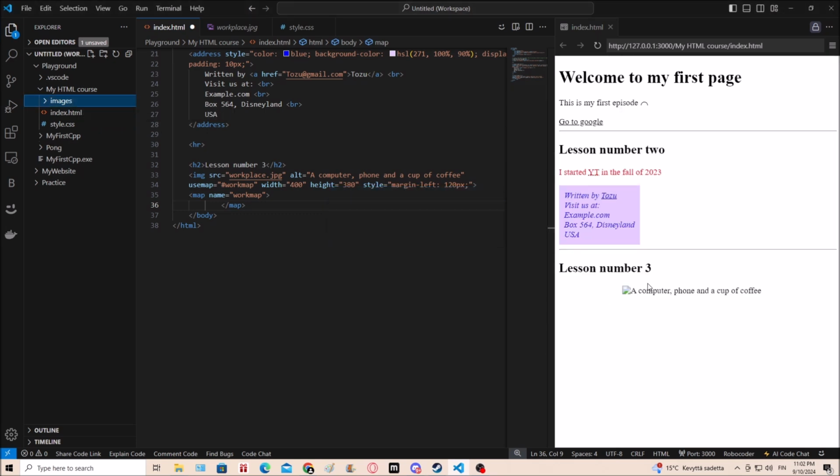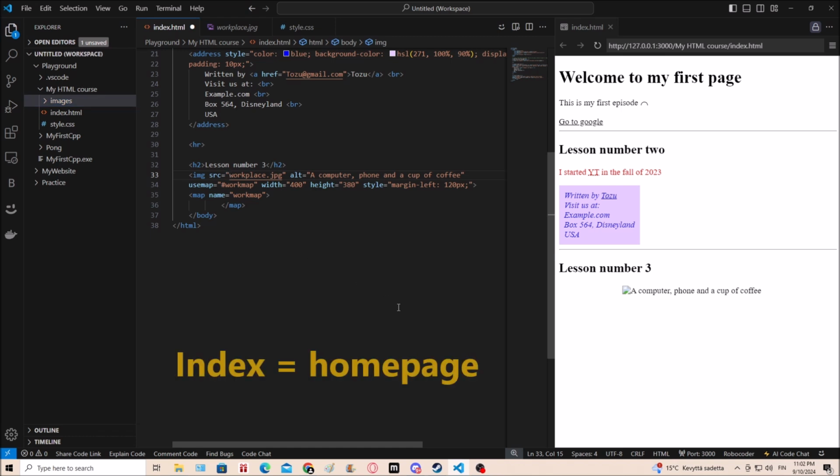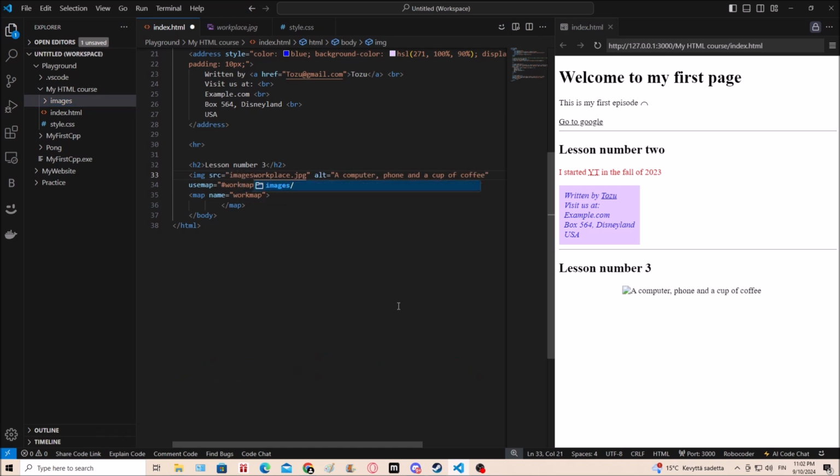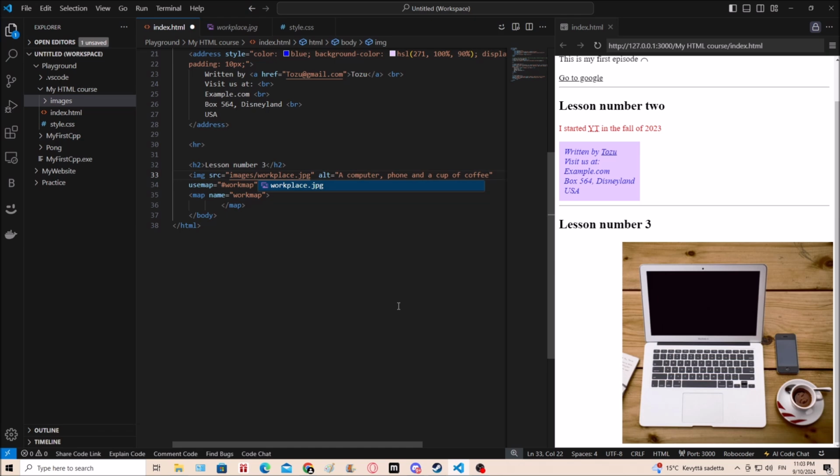And now it's no more showing on the page. Instead, we get the alternative text, a computer, phone, and a cup of coffee. So, how can I fix this? Well, we gotta go to the images folder because this is located right over there. So, our index file is here, and the images folder is next to it. So all we gotta do is add images slash workplace.jpg. VS Code will help a little bit with this. So there we go. We got the image back, and now it's inside a folder and it makes our code